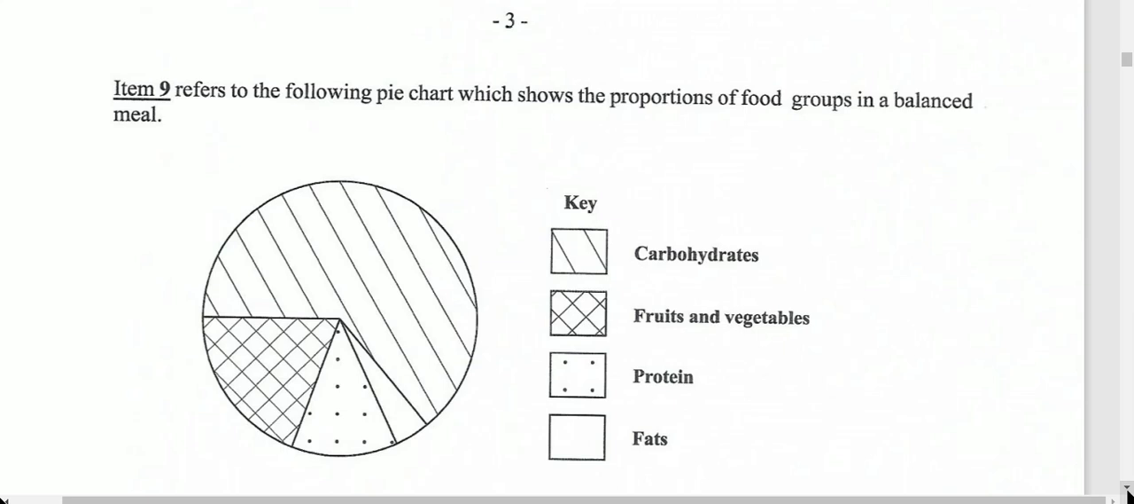Wonderful question, and it too is a repeated question. Item 9 refers to the following pie chart, which shows the proportion of food group in a balanced diet or balanced meal. Remember, in biology usually we don't shade, so we have some streaks here, cross hatch, some stipple, and of course this area is left blank. So carbohydrate there with the streak, fruits and vegetable with the cross hatch, protein with stipple, and of course fat